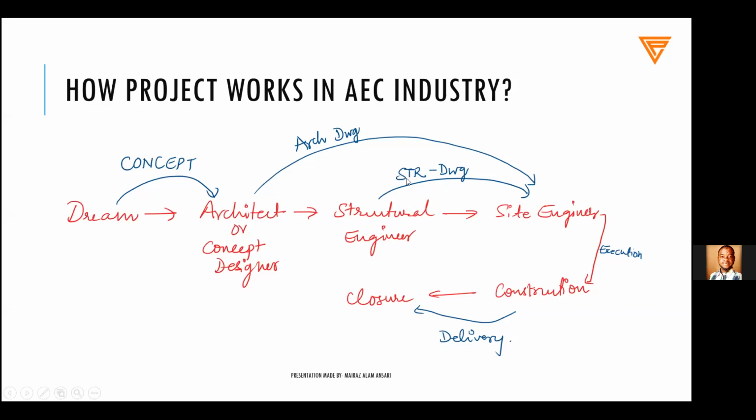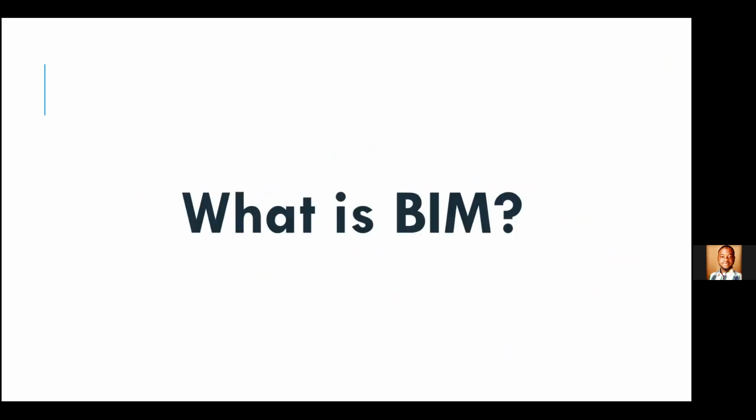But there is something that is required. For example, here in this particular thing, the architectural designer and the structural designer are not interacting with each other. So there is a concept that is called collaboration. In BIM, that is something that is given the most priority, the collaboration between stakeholders. What are stakeholders? Architect, structural engineer, mechanical engineer, electrical engineer. These are the people who are called stakeholders. The collaboration between different people should be there whenever we are doing BIM, right?